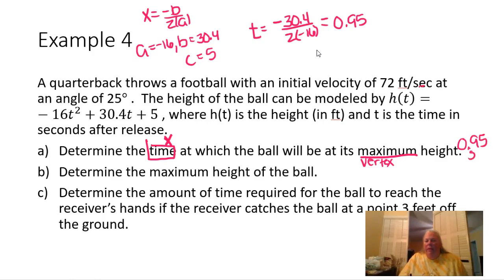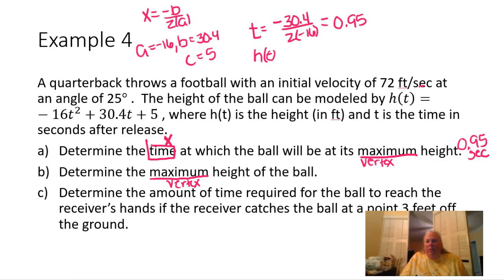0.95 seconds. All right, part B, determine the maximum height of the ball. And again, there's a key word, which tells me we're going to be dealing with the vertex. And since we've already found the x-coordinate, now it's asking me what the maximum is. Well, that's the y-coordinate of the vertex. So now that we have x, we'll just plug it into our original problem and see what we get back for y. Okay, so